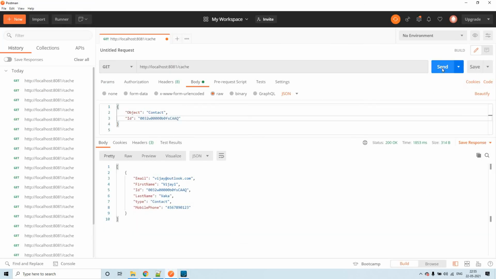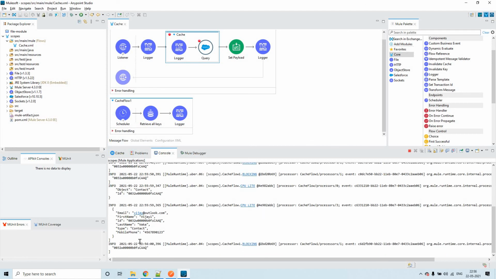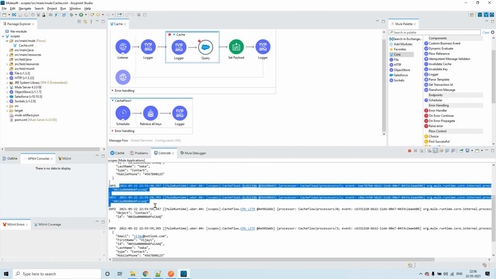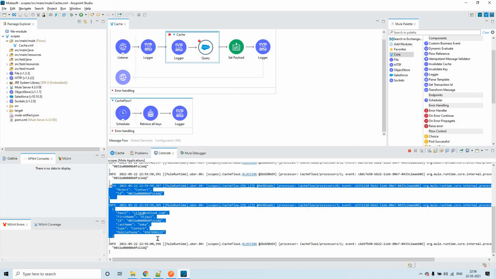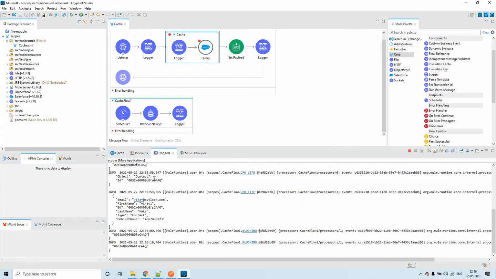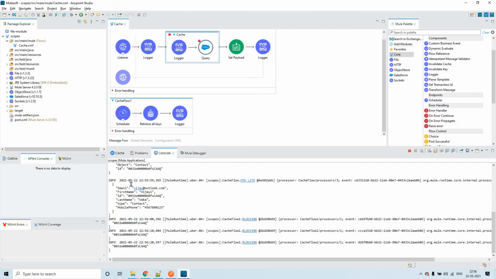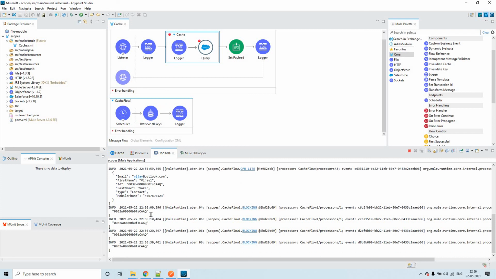For example, I'm going to send this request. So it is already done with 20 seconds. You ignore these 2 things and see now from here. From this point of time it will again live for 60 more seconds. So you see here 20:55:59 is where it would have created that key value pair in the object store, and it will clean up that object store at 20:56:57 only. See, 10 seconds, 20 seconds, 30 seconds, 40 seconds. It will have some value in the object store for the next 20 seconds.